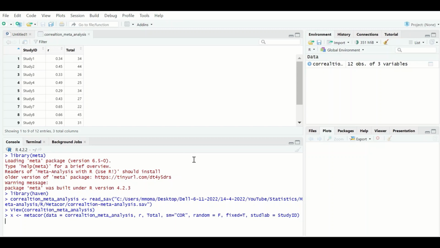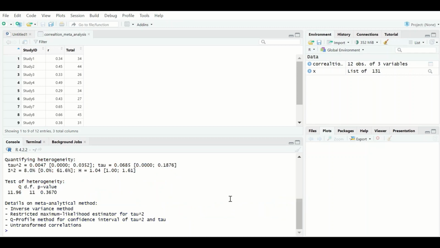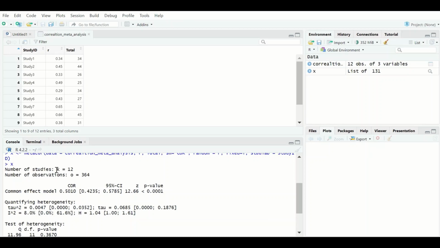And if you hit enter and then type X to view the output of the meta-analysis, as shown here, the number of studies is K equals 12, and the number of observations is 364. The common effect model is selected, and the correlation coefficient is calculated to be 0.5, and